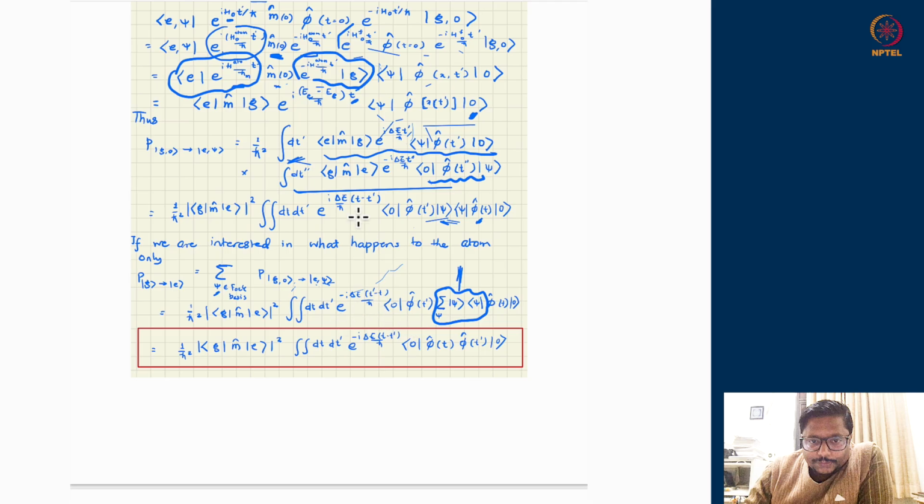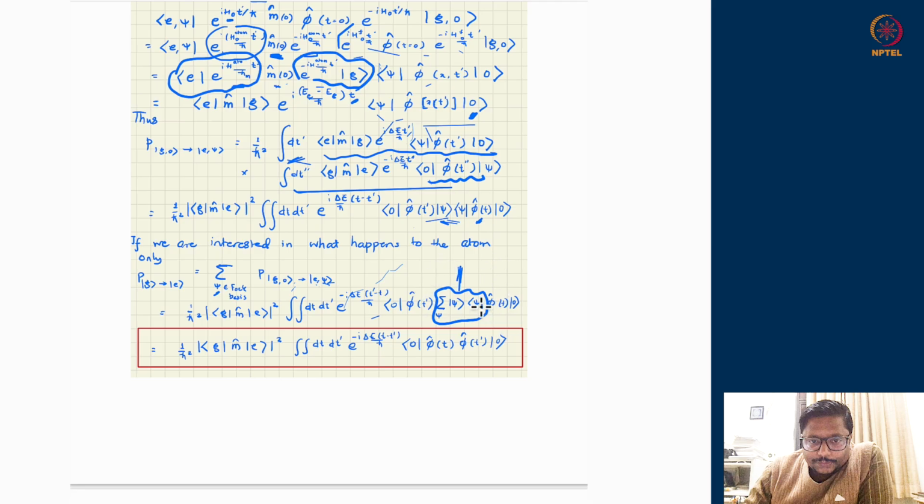See here also in the exponential I have done a funny way, writing t minus t prime as a minus of t prime minus t. This is just algebraic manipulation, nothing serious. But in the interior, the operators sitting inside are phi at t prime, identity, then phi at t, squeezed between 0 and 0, the vacuum of the field, where the field started. Where it lands up I do not care, but I know where it started. It started with the vacuum, and then this identity does not play any active role. So phi t prime identity phi t is equivalent to phi t prime phi t.